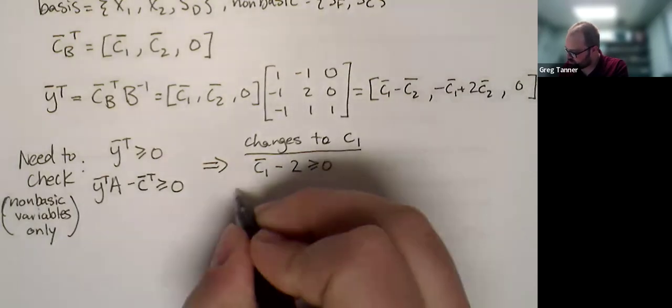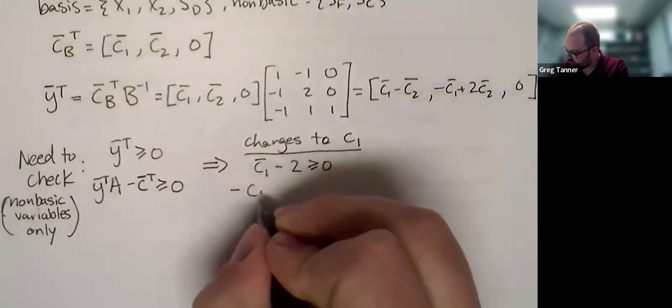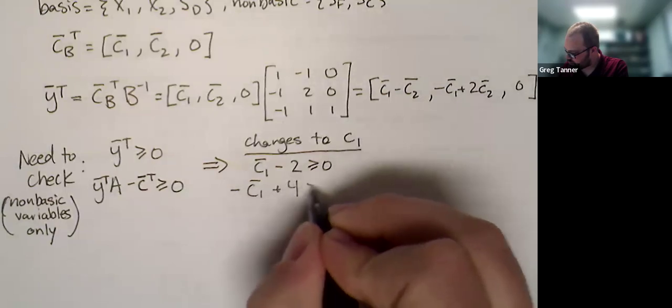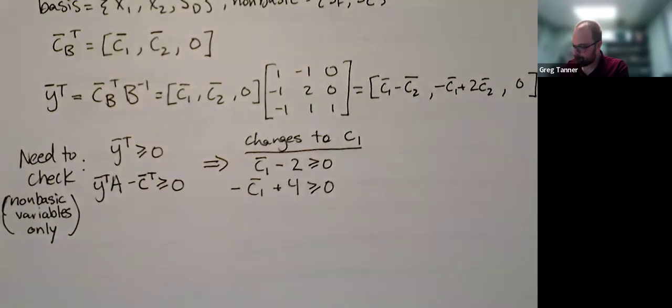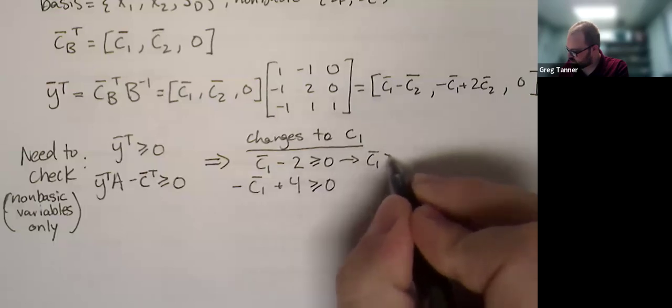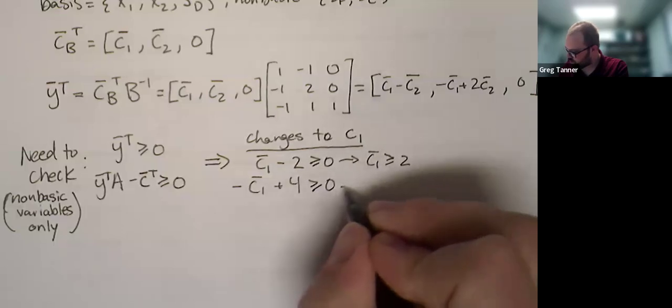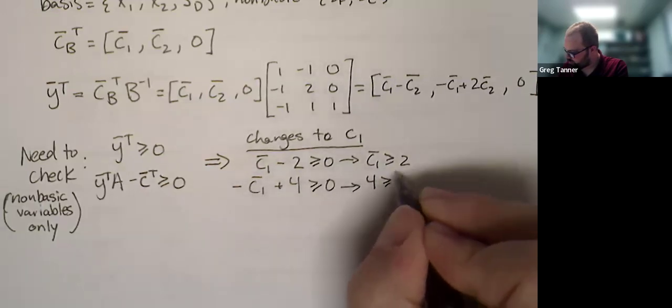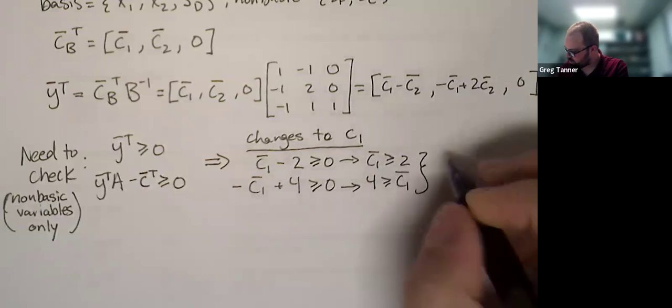And then this one is negative C1 bar plus 2C2, so plus 4, is greater than or equal to 0. Rearranging, this one says C1 bar is greater than or equal to 2, and this one, if I move it around, says that 4 is greater than or equal to C1 bar. Putting these together,